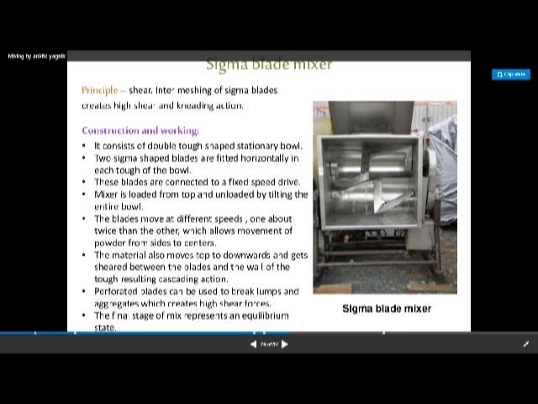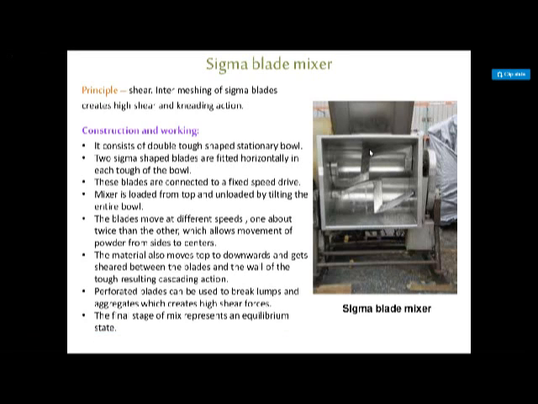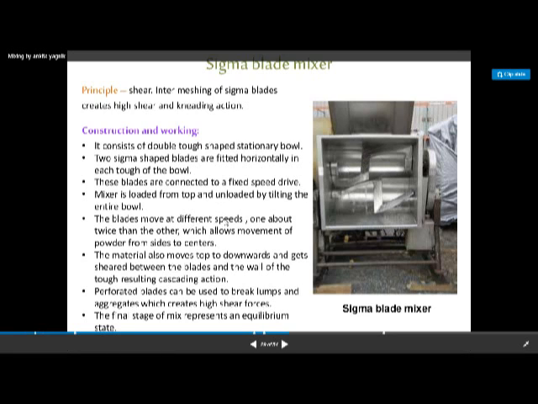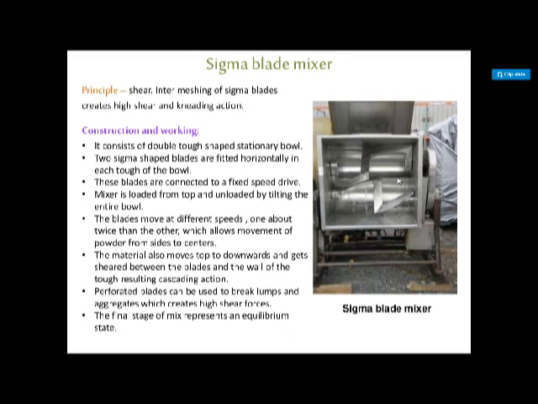In this way there is a continuous movement in the zeta mixer, and the kneading and rolling action is imparted by these blades. As one blade moves about twice as fast as the other, the speed of rotation is 2:1, meaning one blade rotates at speed 1 and the other at twice that speed.